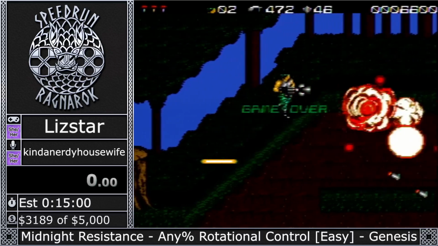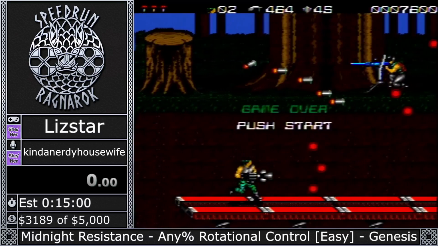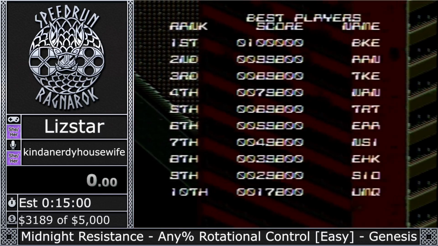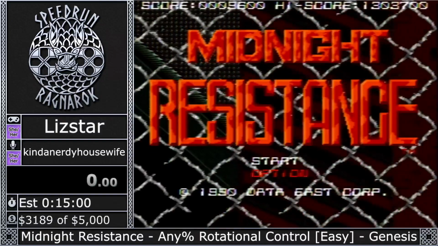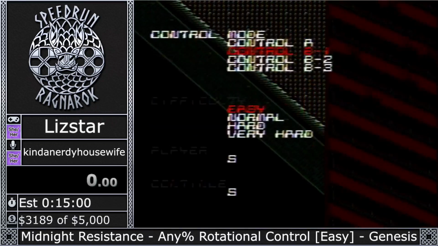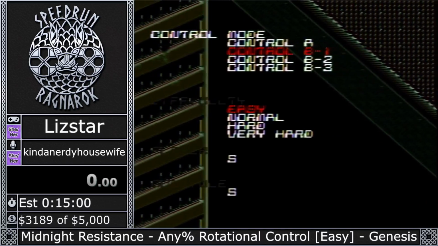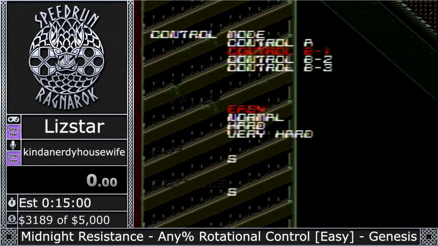Basically, the arcade version had a rotational joystick, which is like a normal joystick, but on the top is a dial that you can spin that controls the direction that you are moving and pointing in. The Genesis does not have a rotational dial on it. So in order to have that work out, we had to have multiple different kinds of modes depending on how you like to play. We are using any % easy rotational control B1, which is a mouthful of